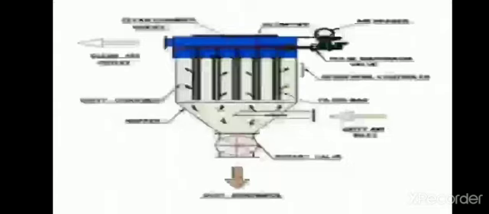Then see the dust chamber. The dust chamber removes dirty particles. Then see the hopper. The function of this hopper is to collect dust particles from the filter bags. Then see the rotary valve. This rotary valve collects the dust particles from the hopper and releases them in the dust chamber. Then we see